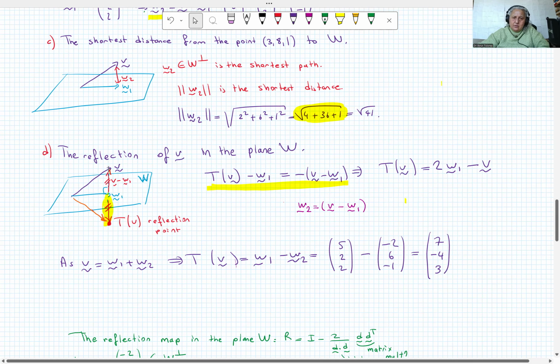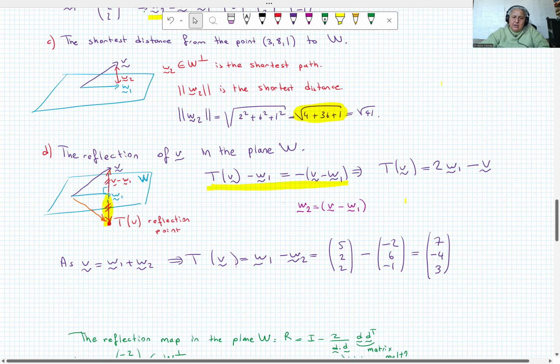If you want to reflect this vector, this vector would be the reflection. Since this is the picture, we can write it down, and this is like an equation,